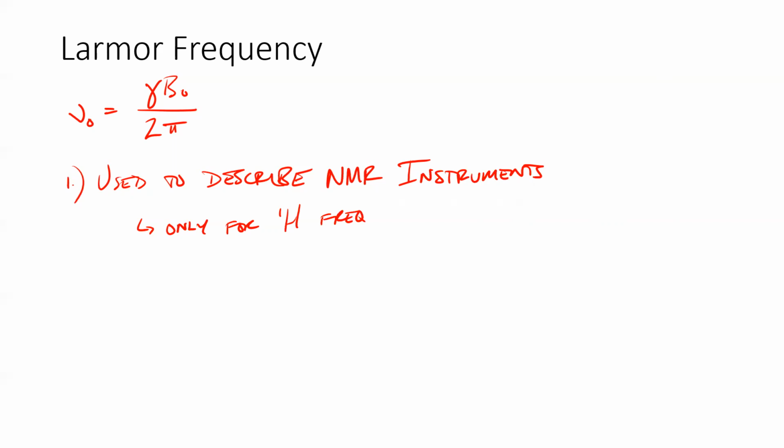The NMR that we have at Wofford is a benchtop NMR. I don't know how many of you have seen it in that little skinny room next to the organic lab. It's a 60 megahertz NMR. That's kind of small, but it's okay. So it's a 60 megahertz. Mega is times 10 to the 6. There we go. So 60 times 10 to the 6th